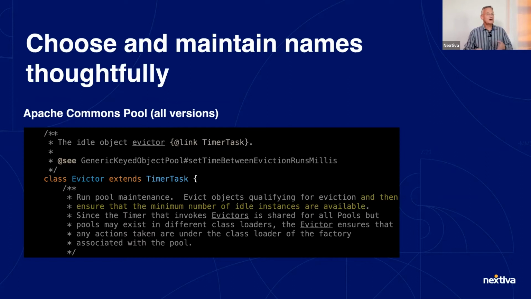And so suppose I want to find out, how does this thing add enough idle objects to ensure min idle? How does it do that? Well, turns out that it's in there. Why would you think to look there? It takes forever. You're scratching your head. That's dumb.